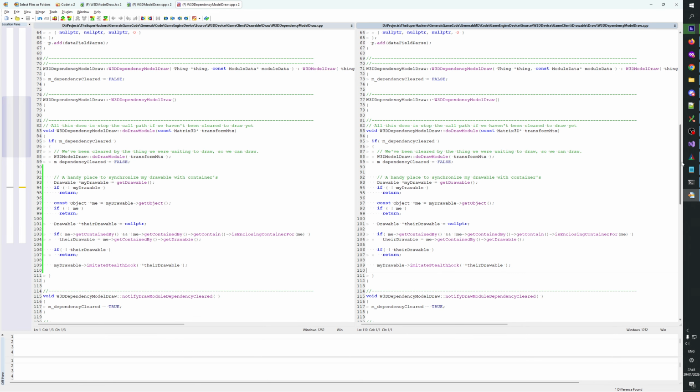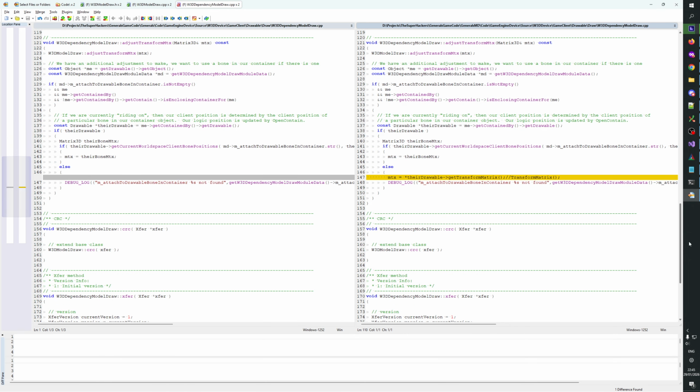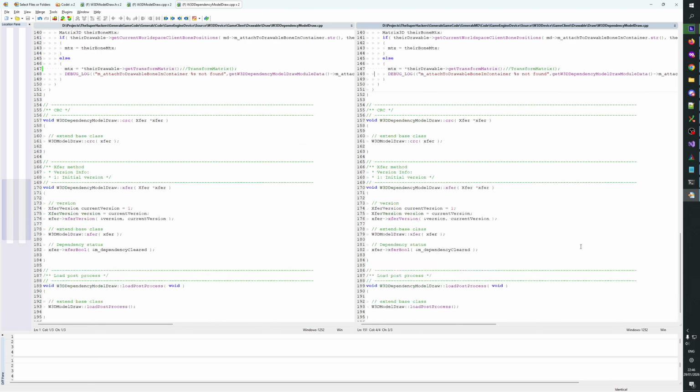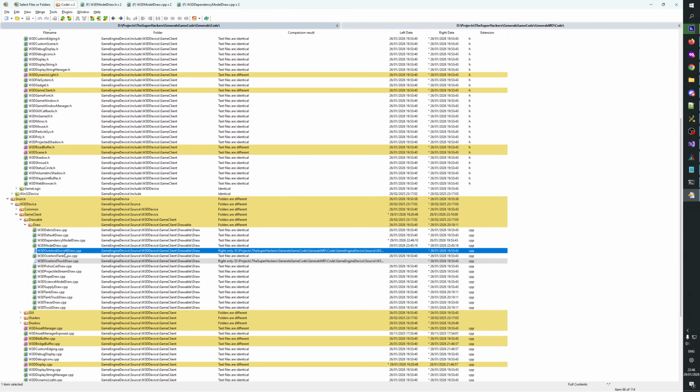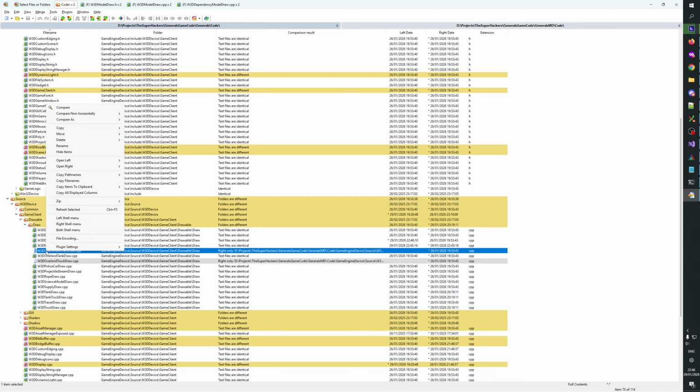Does something. MTX. Just transform matrix. Okay. Okay, is that all? Yeah. So if we